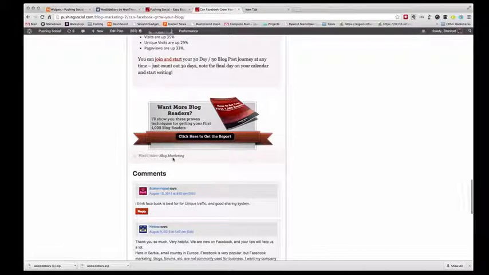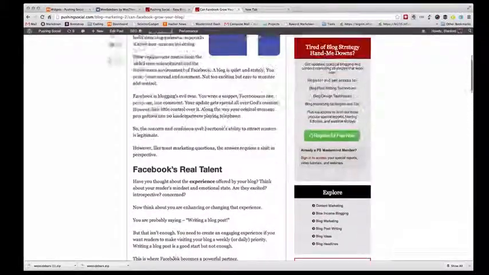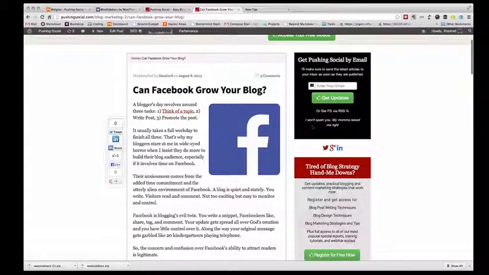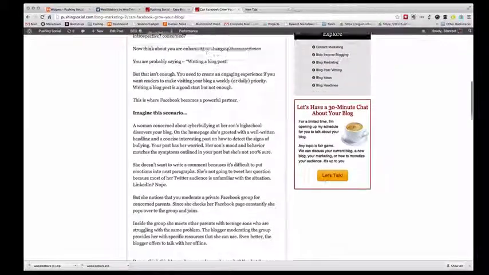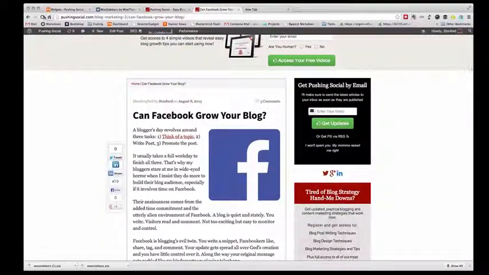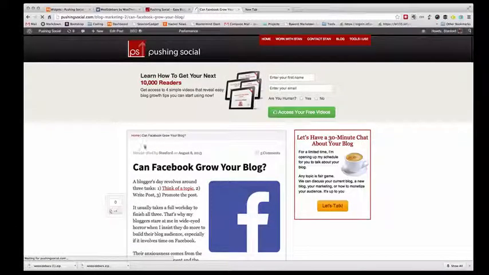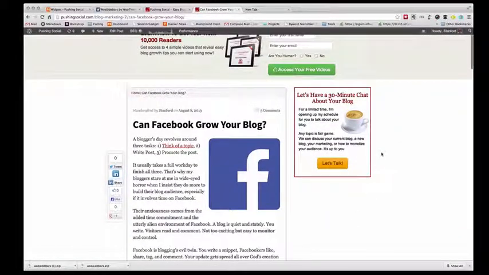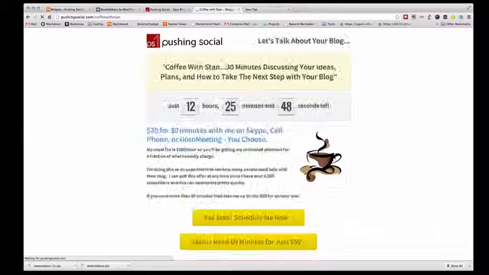Okay, so I'm going to go up here, and before I hit refresh, you'll see that this post has my full sidebar. But now if I hit refresh, my sidebar should be replaced with that custom sidebar I just created, and it should only show one item. And as you can see, that's what it does. It just has my "Let's have a 30-minute chat about your blog" sidebar item, and I click on that and it goes over to my Coffee with Stan offer. All right,